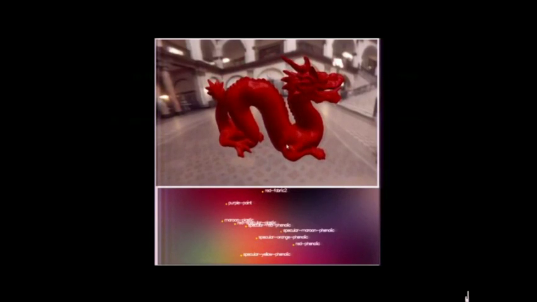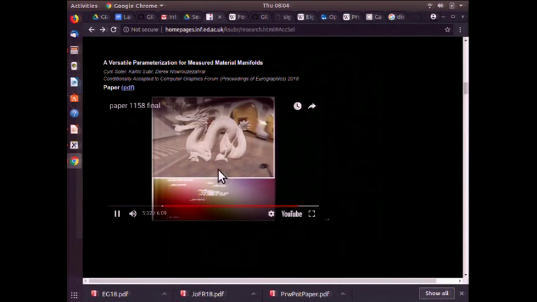So the difference between this and the coffee table is that here we're not accounting for multiple bounces. In the coffee table, we were able to account for multiple bounces, but we don't expect anything except the material to change. Here we can change anything, but we can only do one bounce, sort of a trade-off. And that's the whole space of materials. So I think this started to be a common trend, not just in meshes, but in many parts of graphics,